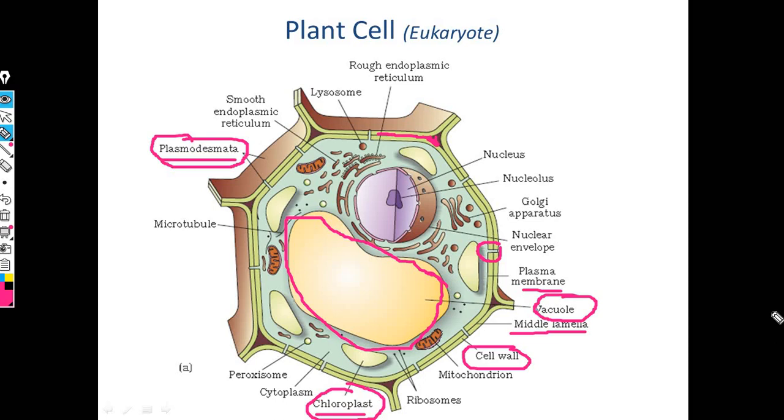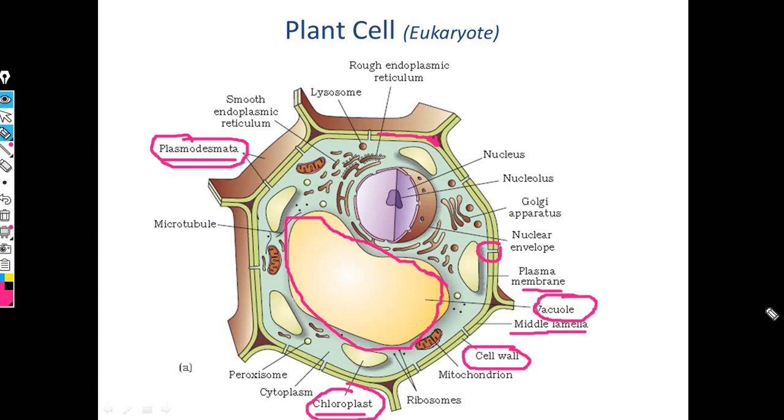And lastly, we will also try to identify some structures which are present in the animal cell but not in the plant cell, and one characteristic is the centriole. Centrioles are present in the animal cell but not in a plant cell. These are some differences which I have tried to identify. That's an exercise for you. All of you will try to prepare a list of differences. I have narrated 5 to 6 differences. You will try to prepare a list of 10 differences.